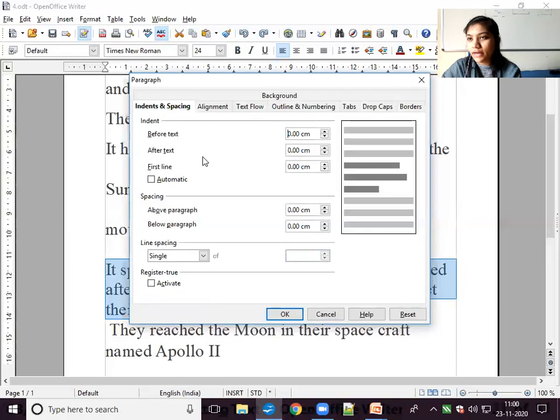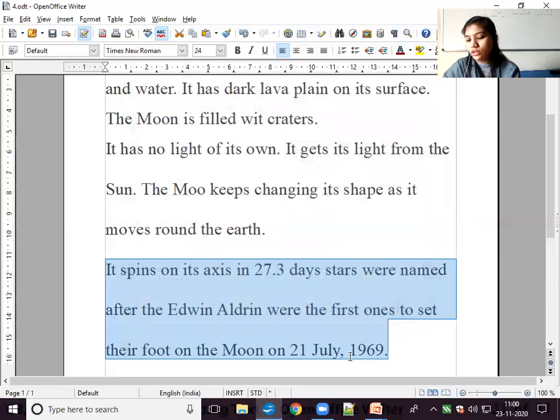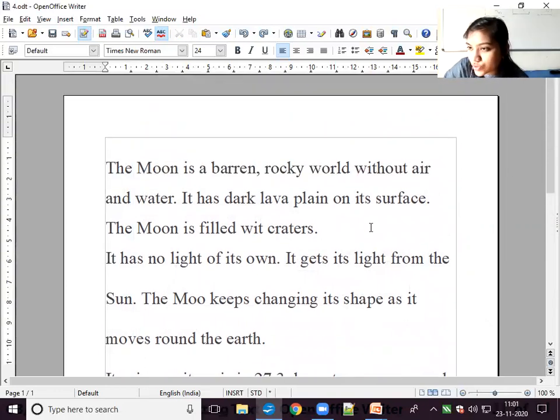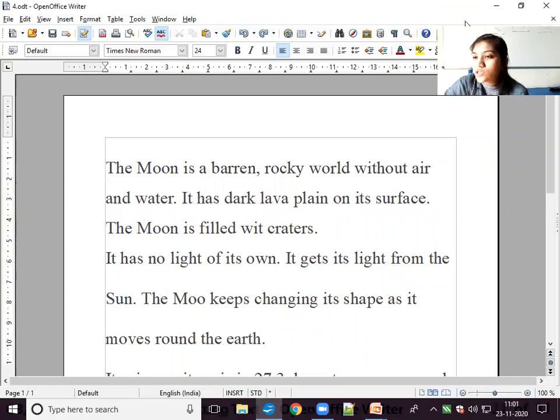Format, Paragraph, double, and here you can also use Control Z for the undo operation, right? So this is the line spacing. Using it, you can create space between two lines. So the task for today is to create one paragraph in a document in OpenOffice Writer and practice the single, double, and 1.5 line spacing. Hoping that you will practice this. Bye everyone. Have a good day.